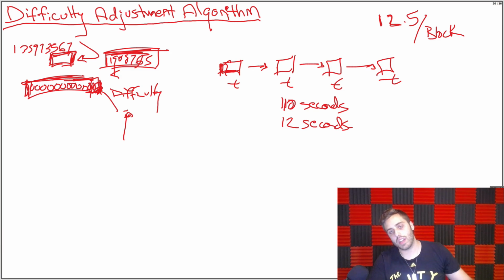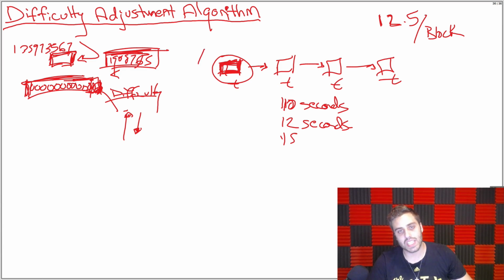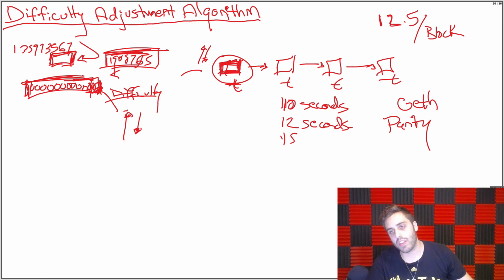Likewise, if the average of the last 10 blocks was 15 seconds, a miner could adjust the difficulty downward. And the way that this works is that each miner has an opportunity, whenever they mine a block, to adjust the difficulty slightly up or slightly down at each block. And the adjustment algorithm that they use is hard-coded into the clients themselves, so it's hard-coded into Geth and Parity. And the miners will use that, and they'll just have an algorithm running to adjust the difficulty based on the timestamps of the most recent blocks.